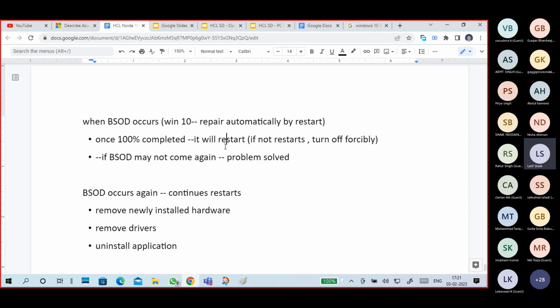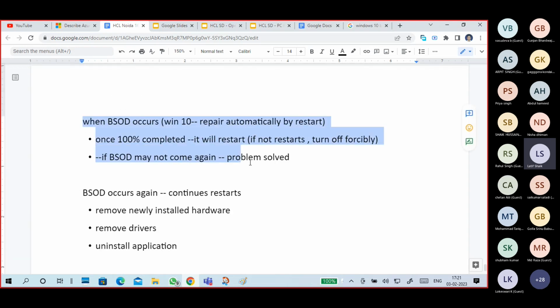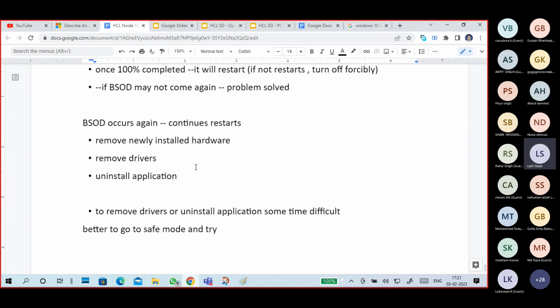Sometimes you don't do anything. You're working on your way, and suddenly, though I didn't open anything, we got a BSOD. We don't know what it is. But guys, the first thing is, most of the time it will try to repair itself. If it is not repairing and you get a BSOD again, you have to think what you have done in the last time. If BSOD occurs again, with continuous restarts,